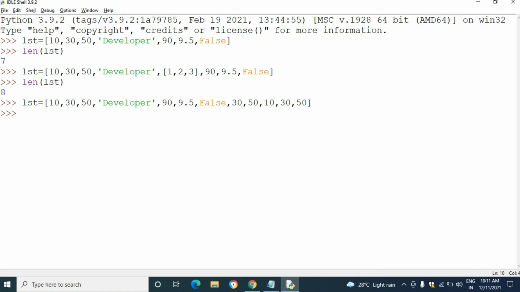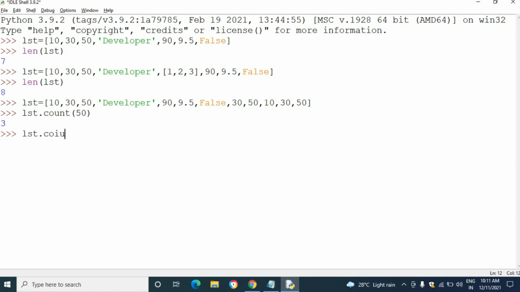I am going to apply the count function. lst, the list variable, dot count of 50. I want to find out how many times the element 50 is repeating inside the list. So this element 50 has repeated 3 times inside the list. So 1, 2 and 3.